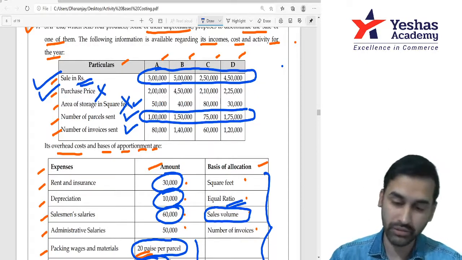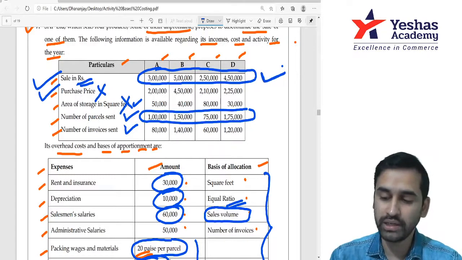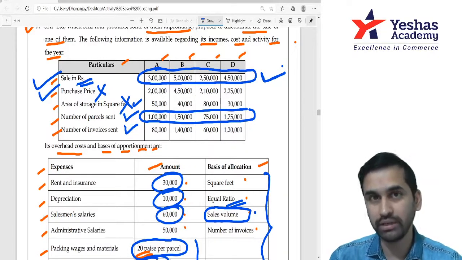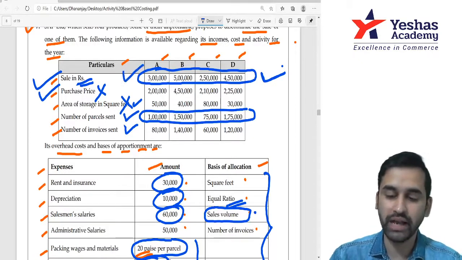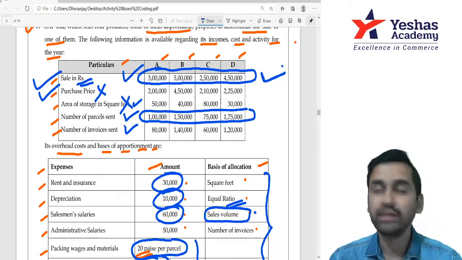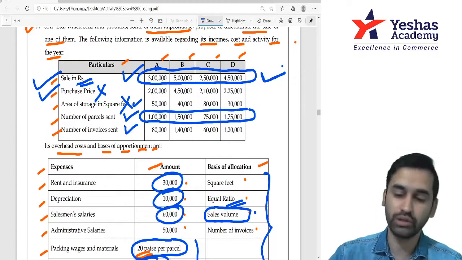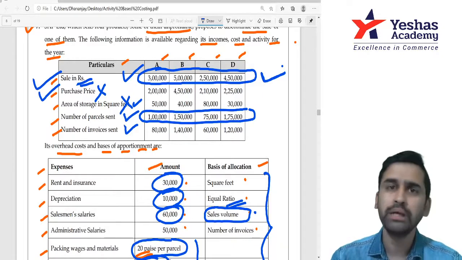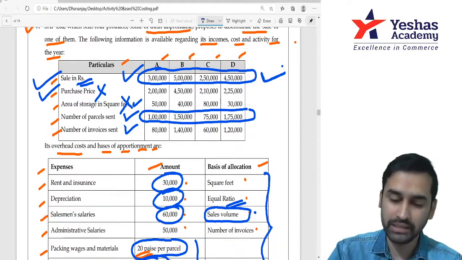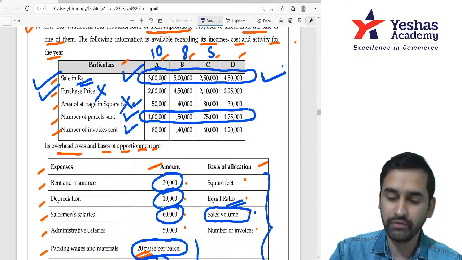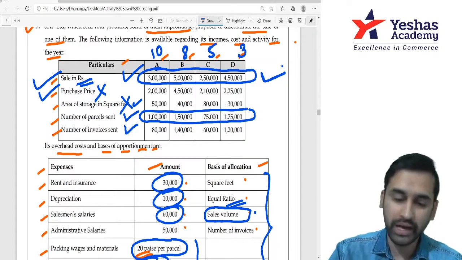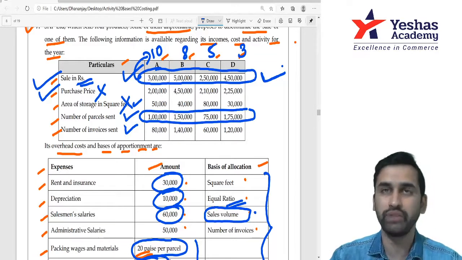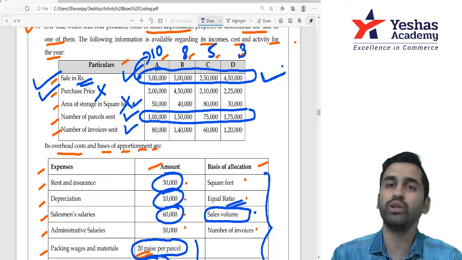So in the absence of correct base, you can give a note and say that though it says sales volume, as sales volume is not available, we can distribute it in sales value ratio only. Correct? Now some of us may argue that sir, that is also not a correct basis, but that is the most appropriate basis, because suppose the selling price is 10 rupees, 8 rupees, 5 rupees, 3 rupees. Correct? And if you do sales rupee divided by selling price, you will get the quantity. So in a way, if number of units go up, sales value also will go up.